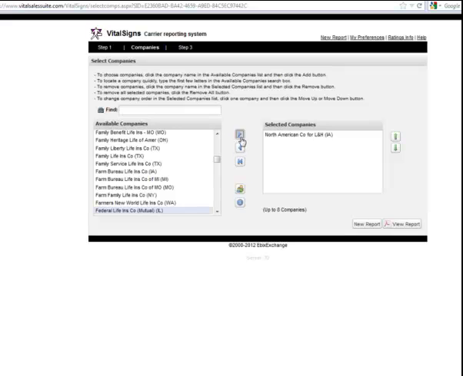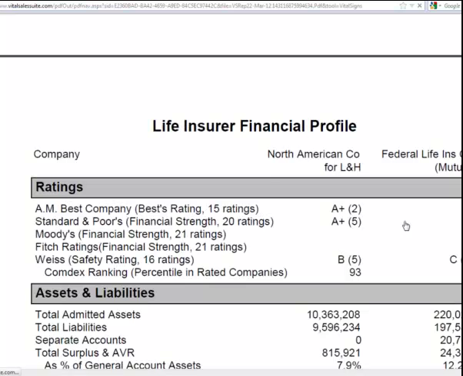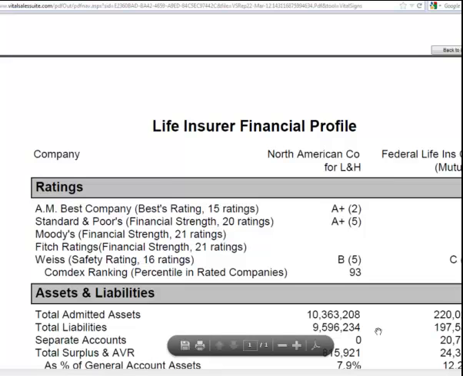I guess it doesn't matter. We'll just click one here and view that report. Now what it's going to do is show those companies next to each other. Well, we picked a company that's a mutual, it's C-rated, doesn't have a lot of assets here, but as you can see, we've got the comparison of the two companies, and sometimes this comparison here is as dramatic as it is here,